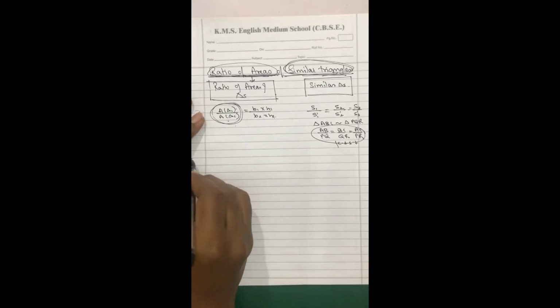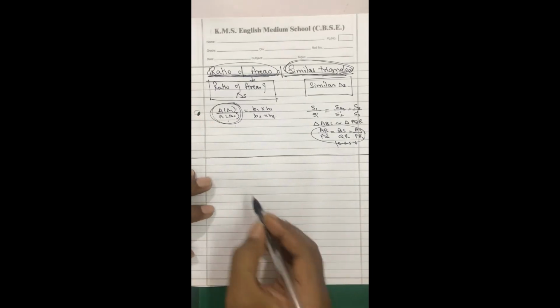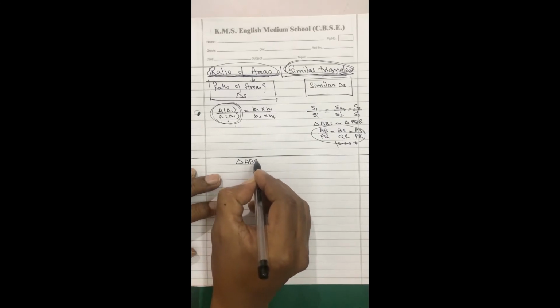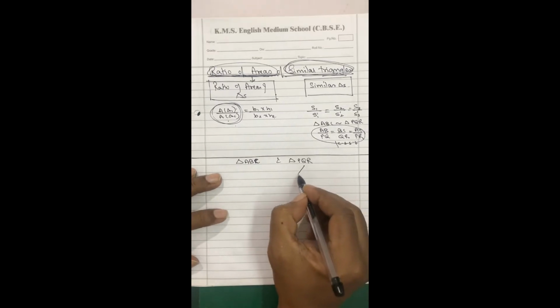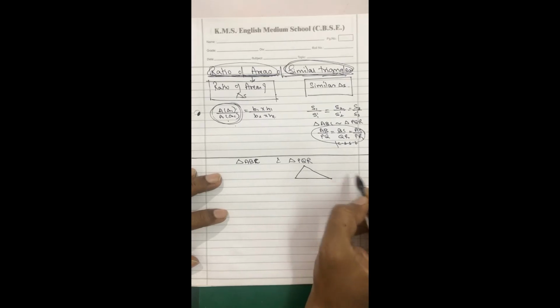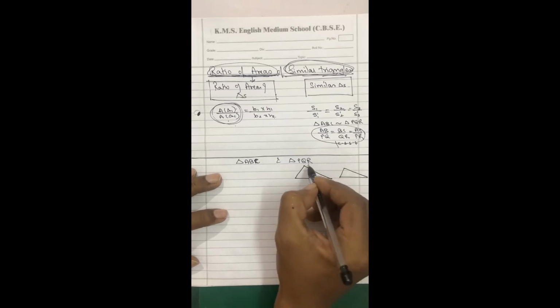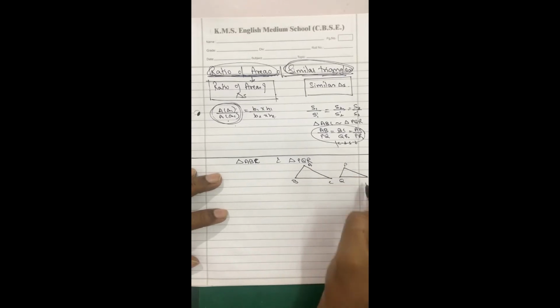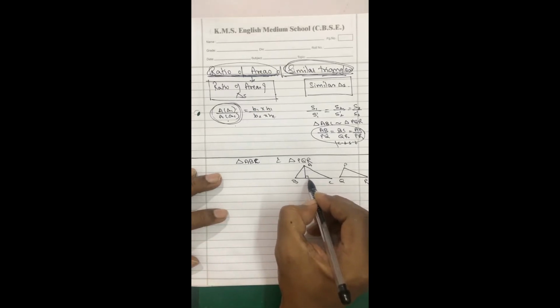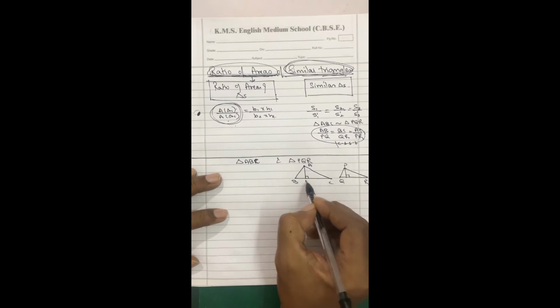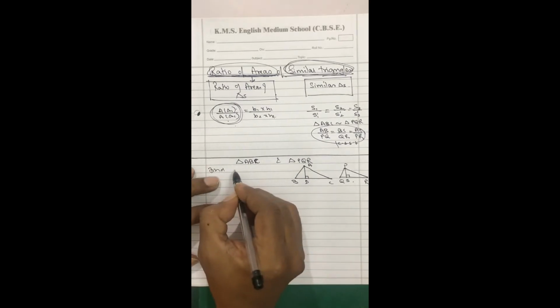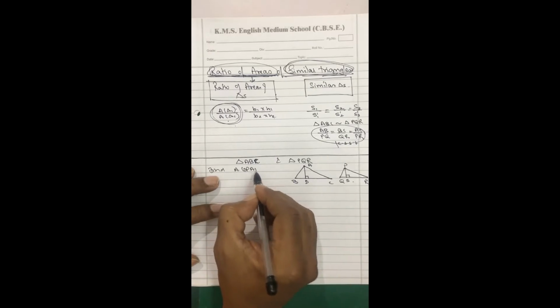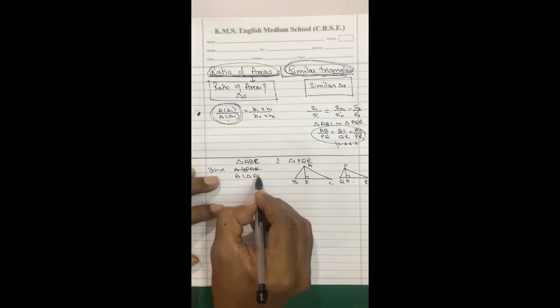Try to understand these things, my dear students. Purposely I will take it into consideration. Supposing we have triangle ABC and triangle PQR, we don't know whether they have a relation or not, but supposing they are like this, A, B, C, P, Q, R. Supposing they are like this, then we will require the sides of the two triangles, because they are asking to find the area of triangle ABC upon area of triangle PQR.